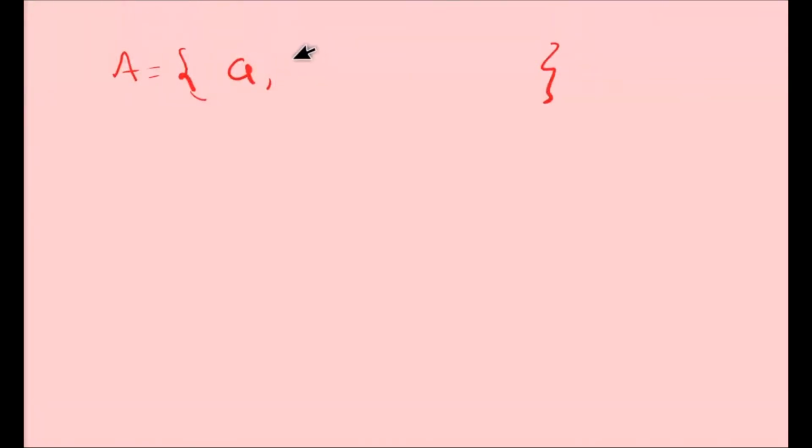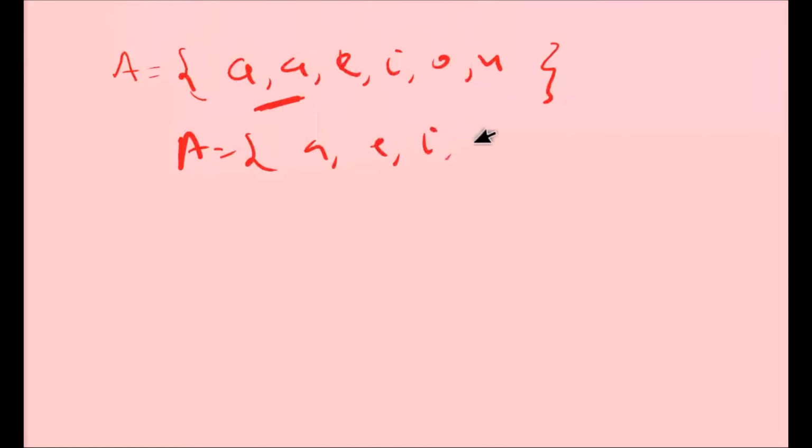If you write A, E, I, O, U, A, E, I, O, U, this is worthless. You should not repeat the members. It should be written only A one time, then E, I, O, U. So a member should not be repeated in the group. Okay, if A is A1 and A is A2, then you can write A1, A2. They are then two members, but a member should not be repeated in the set. So what we learn is that members should not be repeated.